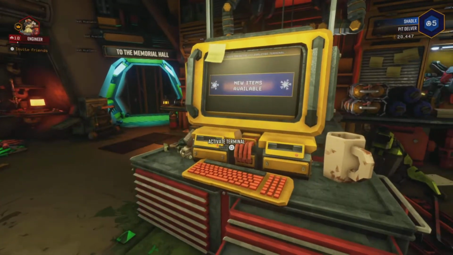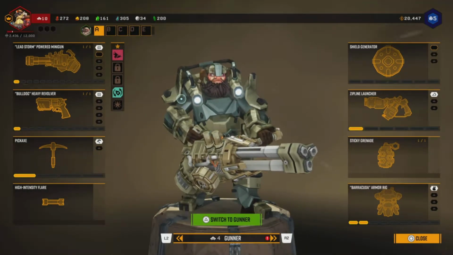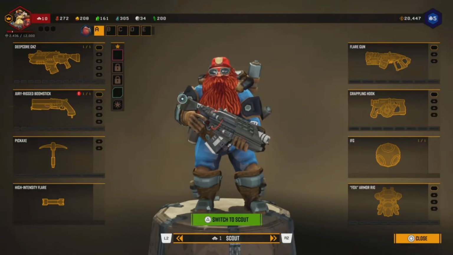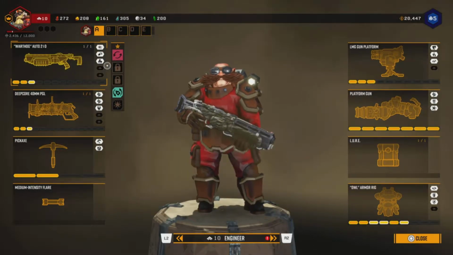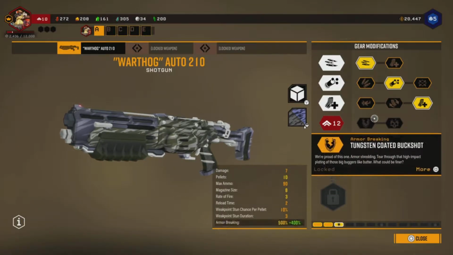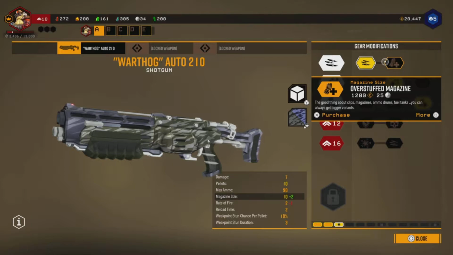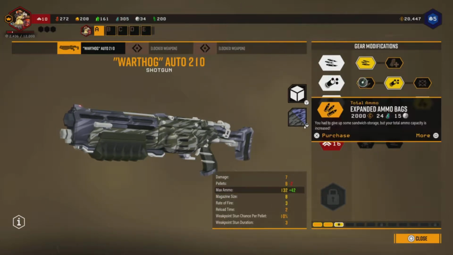Got the equipment area here. This is where you can upgrade your characters and upgrade the items that they have. So as you can see, I've already been playing the engineer quite a bit, and I've put a few perks on there. Use the resources here that you collect in the missions, and money